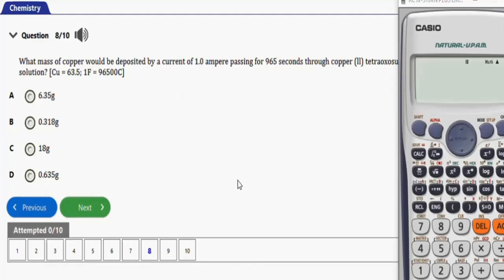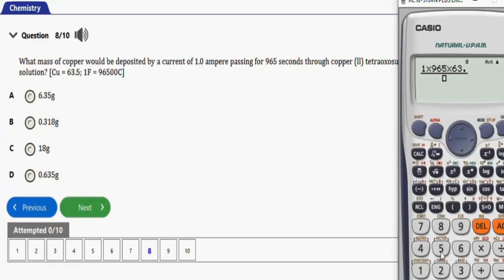To solve this question, how you're going to do it is to get the mass: the quantity of electricity times the mass number of copper, which is 63.5, over the number of coulombs. So the quantity of electricity will be 1 ampere times 965 seconds, then times the mass number of copper, which is